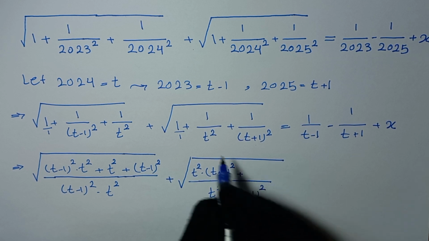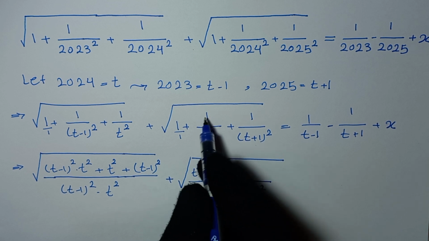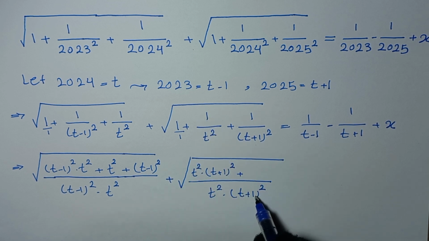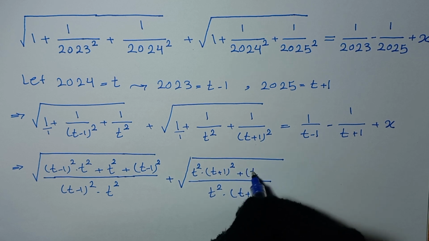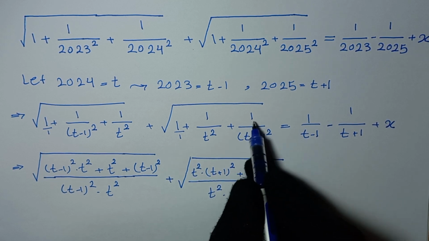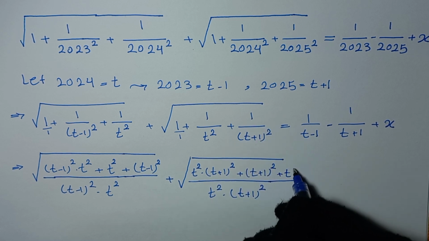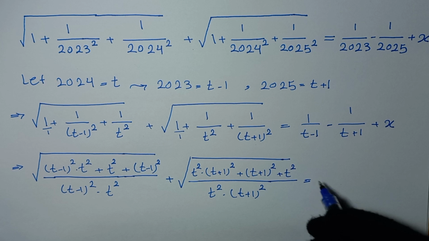And plus, this denominator multiplied by t plus 1 to power of 2, so we multiply this numerator by t plus 1 to power of 2, so it will be t plus 1 to power of 2. Also for this, we multiply this numerator by t square, so it will be plus t square